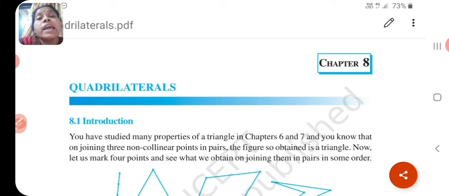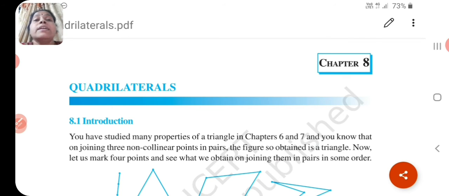Okay, and parallelogram, what do you mean by parallelogram? The figure that has two pairs of parallel sides. Two pairs of parallel sides is called a parallelogram. Means हमारे पास अगर ट्रेपेजियम है, अगर हमारे पास quadrilateral है, so we know that there are four sides, four angles and four vertices. In a parallelogram we get two pairs of parallel sides, but in a trapezium we get only one pair of parallel sides.